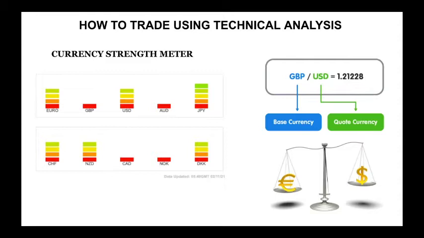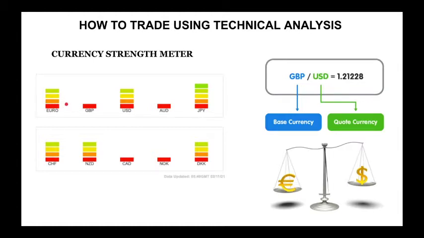Whenever you see the data produced from the currency strength meter, it can give you a sense of what direction the price is going to go, because this particular market is like a tug of war where the base currency is trying to drag the quote currency its way, or the quote currency is trying to drag the base currency its way. So now, when you see multiple bars, using livecharts.uk.za to identify this particular price movement, when you see multiple bars on a particular currency, what it means is